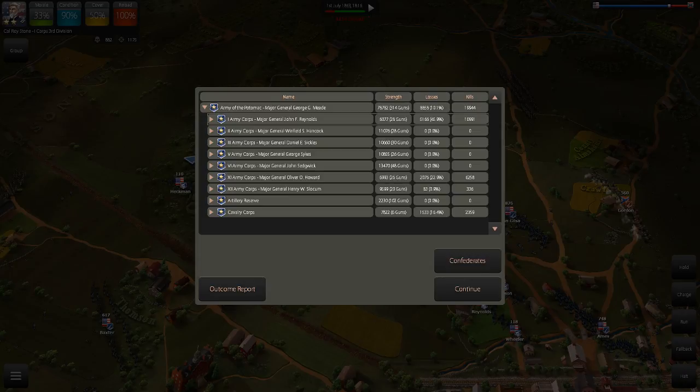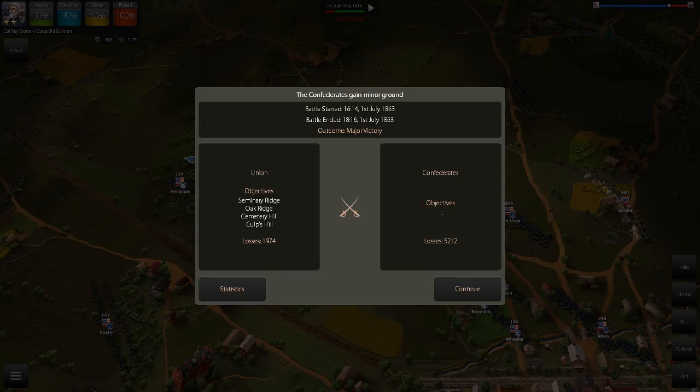10,000 kills, but 5,000, Jesus, 5,000 casualties in that corps. 22% of Oliver Howard's corps. Roughly 10% of the Yankee army has been shot down. But this has been part 3 of the Yankee campaign,